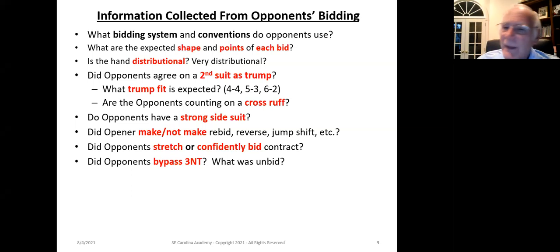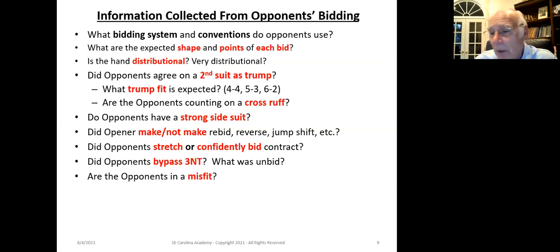Okay. Another tell is, did they avoid 3 no trump? They bid 3 suits and decide they don't have a stopper in that 4th suit and end up in the 4 level of a minor suit contract. Okay, if that's the case, it tells you immediately what suit you should lead because they've already told you. They're waving a flag and saying, hey, we don't have a stopper in that suit. Okay,